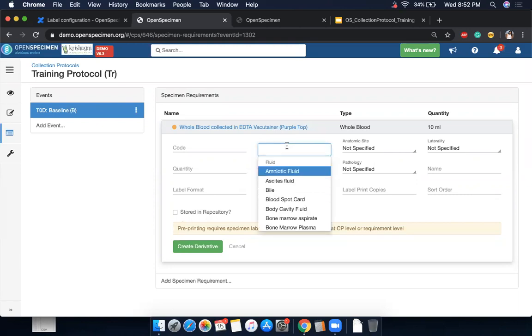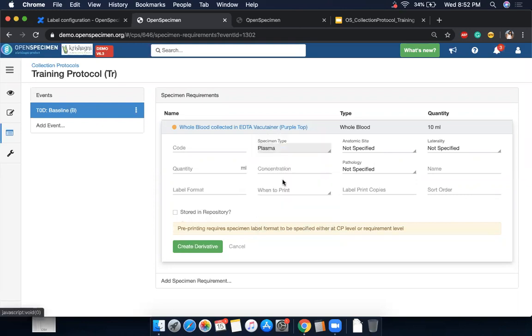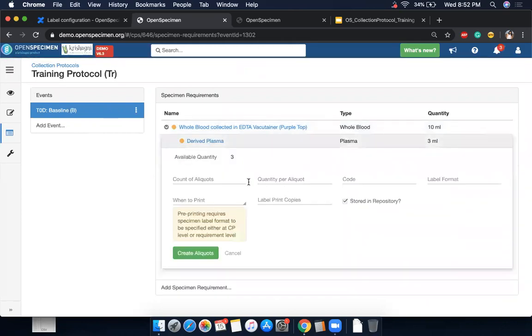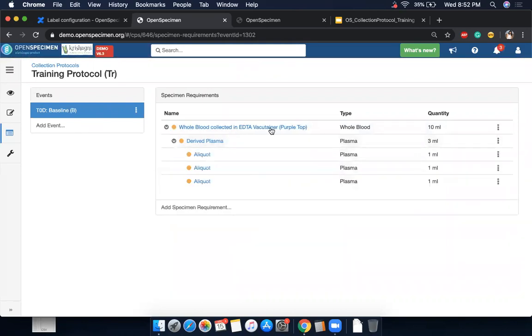So I'll specify this as plasma, and suppose I'm going to make 3 aliquots, I'll make it 3 ml and create derivative. Now from this, I can create aliquots if I want. So what this means is I'm going to collect blood and make 3 aliquots of plasma.